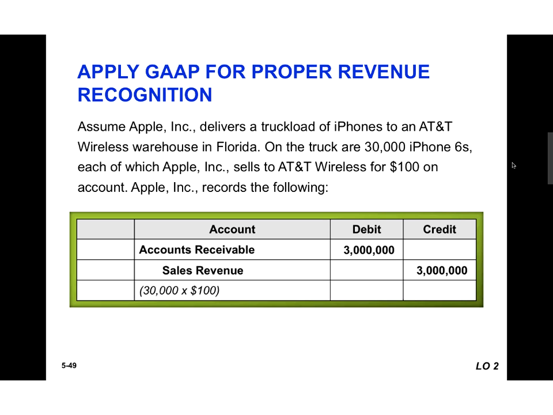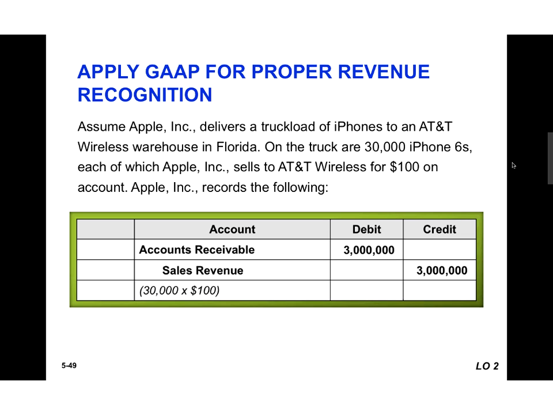Okay. Now, when we get into our inventory chapter, we're going to have another entry that deals with inventory, but for right now, we're focusing on the selling side of this. When we sell this, we now have an accounts receivable, which means AT&T owes Apple $3 million, and Apple recognizes sales revenue. That's all pretty straightforward. We aren't given a date, so we don't have a date to put in here, but that's a basic sales entry. They sell on account, so we're going to debit accounts receivable, an asset, and credit sales revenue.